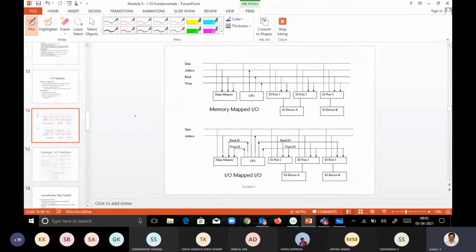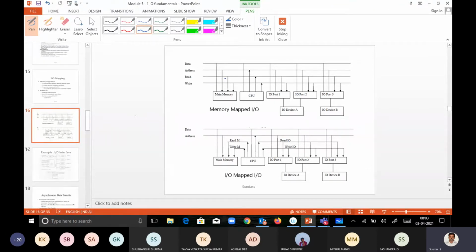So this diagram is again a very interesting diagram. I think I have seen this sometime back in a GATE question paper. I'm not remembering which year, GATE or some public sector exam. Somewhere I've seen this. Look at this diagram. From this diagram, we have to identify what type of addressing scheme is used in IO devices. So what is the clue?